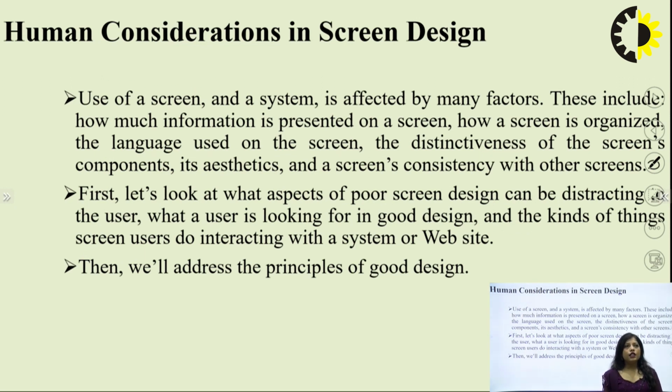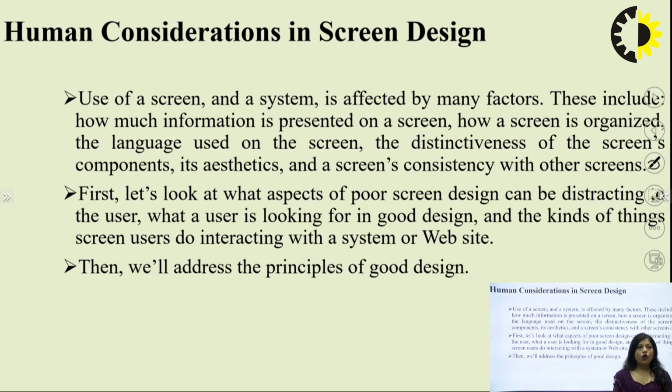Next is human considerations in screen designing. There are some human considerations, meaning human involvement in screen designing. For example, the designers also come under the human considerations of screen designing. The use of a screen and a system is affected by many factors, like who the users of a screen are and what system they use,